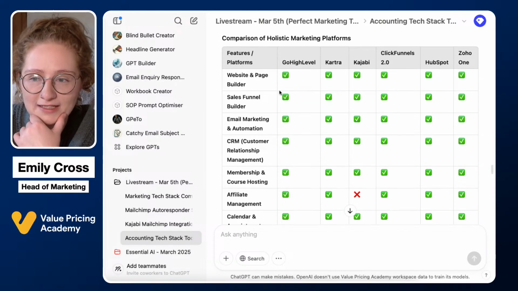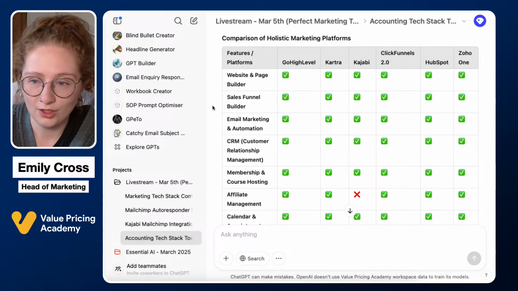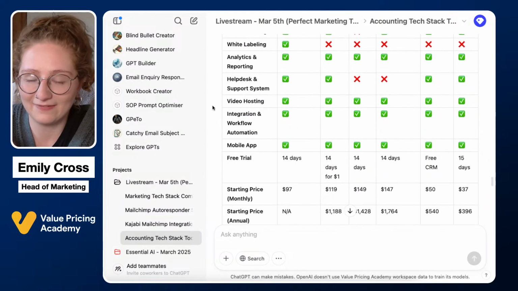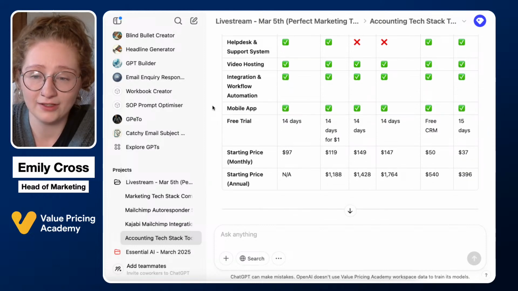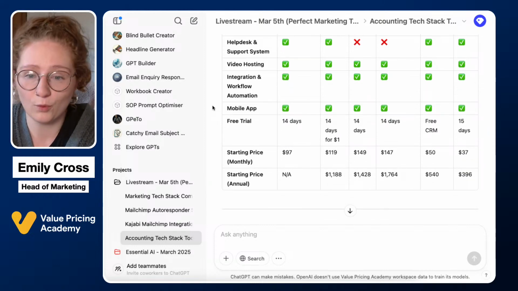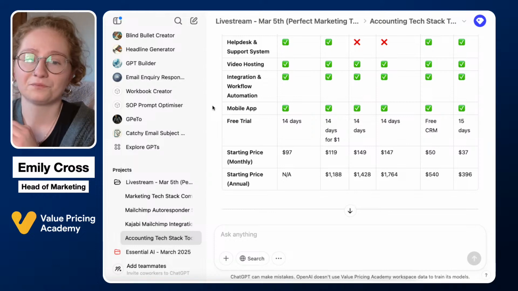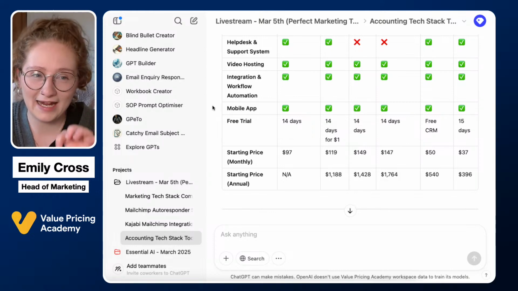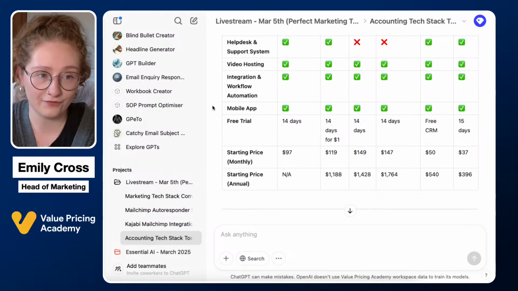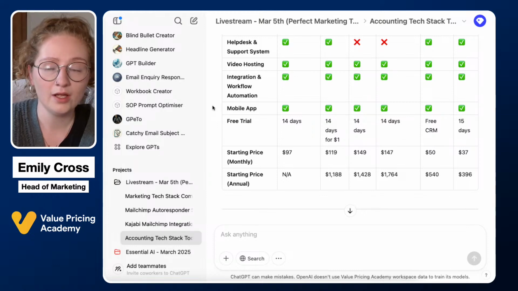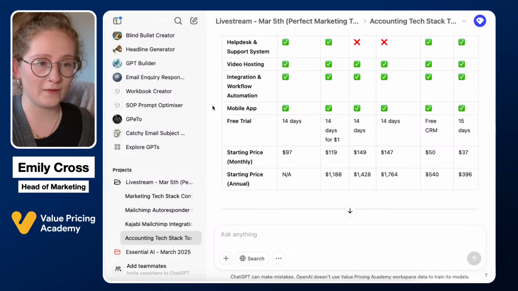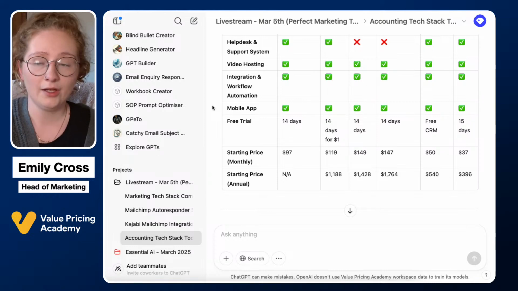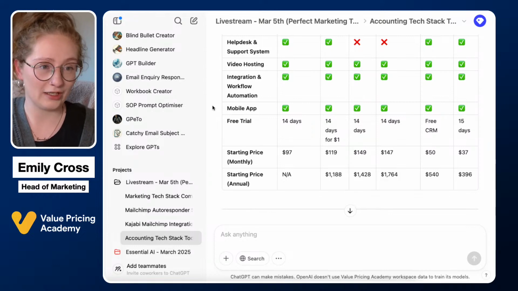So what it's done for me is it's created me a tick list table so that at a glance I can see which tools have which features, and then at the bottom of this table I also have an indication of what the prices are going to be as well. I will say you probably do just want to do an extra quick look on the pages to verify, because I've done this on 4.0. It sometimes finds a source within a couple of seconds, and it might find a review website from 2 years ago. Whereas what we really need it to be looking at is the